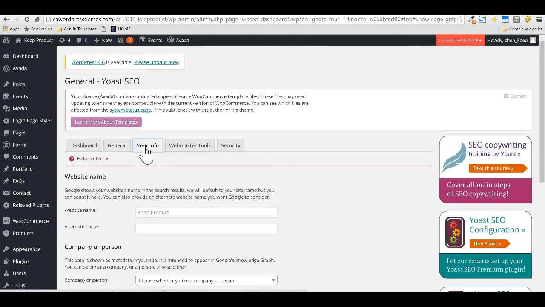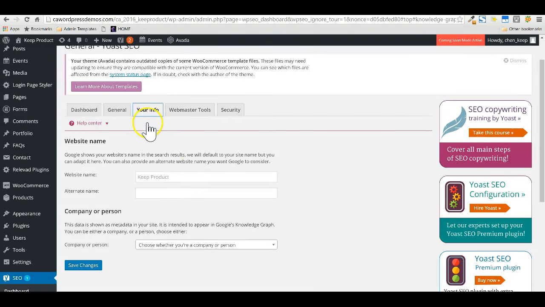And then getting into much more detail, you will see your company name, which is what has to come up on your search results. You can type in your company name here, and you can also type in a company alternative name. Say for example, if this is going to be an iPhone selling company, and the company name is iPhone Sellers.